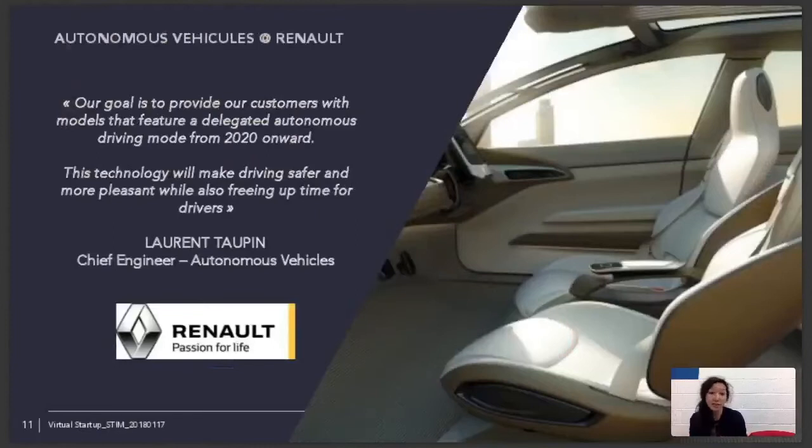Let's start with an example. So I mentioned before that, for instance, you're working for an automotive manufacturer, and all of them today are looking for autonomous vehicles. Of course, some of them are more advanced and some of them aren't. But imagine you